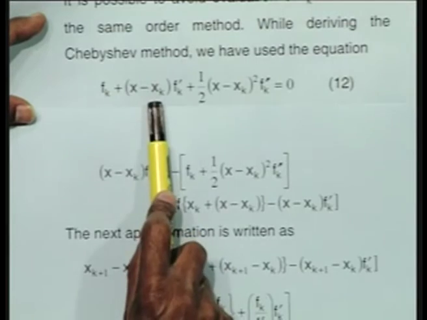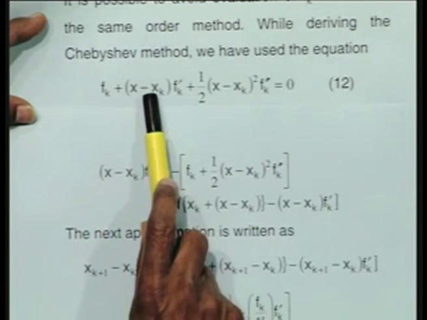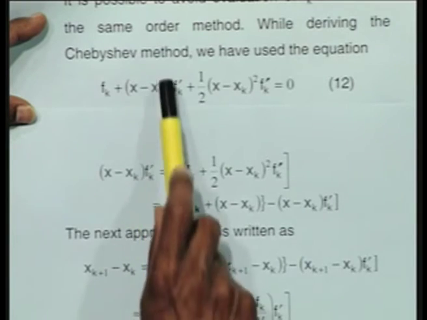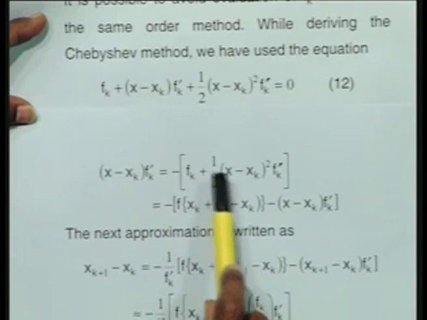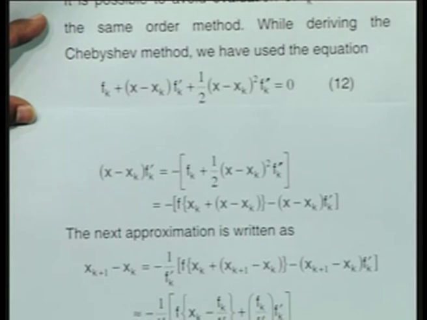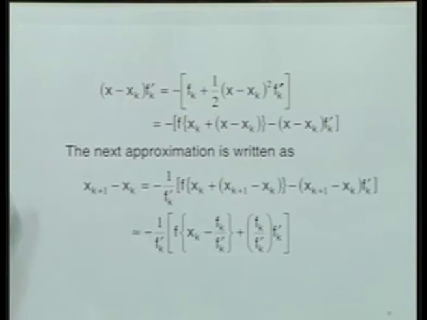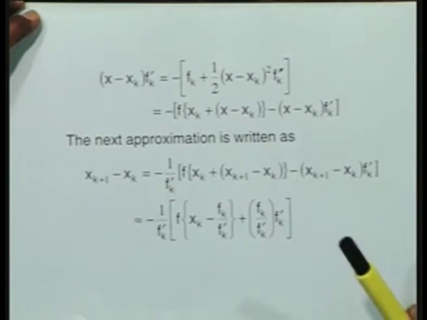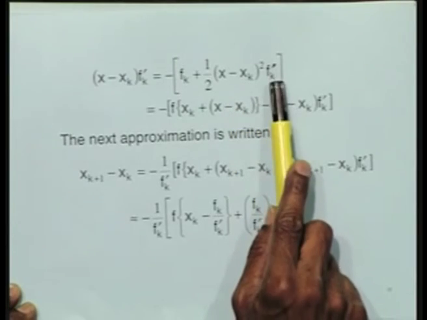What I now do, I retain the middle factor here and take these two to the right hand side. So xk plus 1 minus xk times f prime k, I retain on the left hand side. I take fk, half fk minus 1 whole square, to the right hand side. Then the manipulation that I want to do is on the right hand side. So I would now try to manipulate this particular thing to avoid my second derivative.